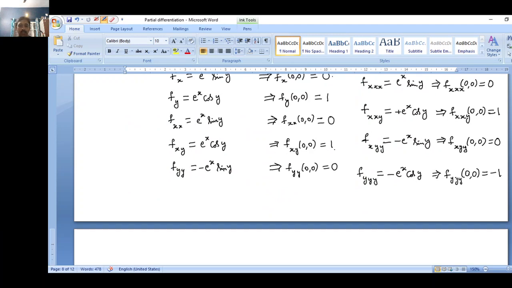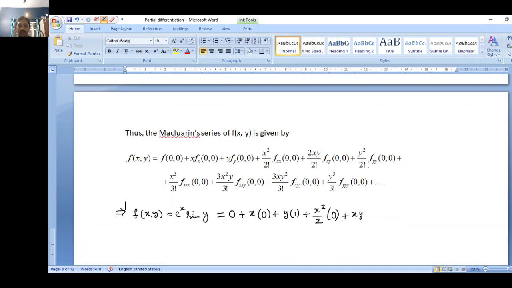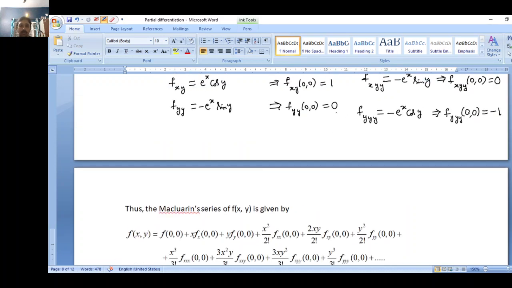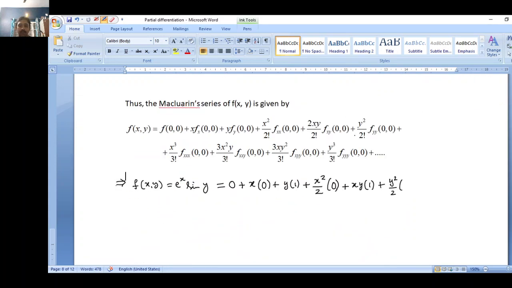Fxy of 0 comma 0 is 1, so this will be this into 1, plus y squared by 2 factorial, which is 2, into fyy of 0 comma 0. Fyy of 0 comma 0 turned out to be 0, so this will be 0, plus